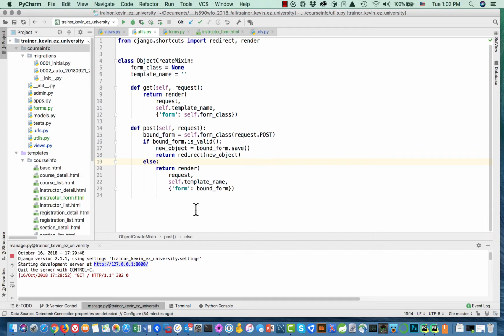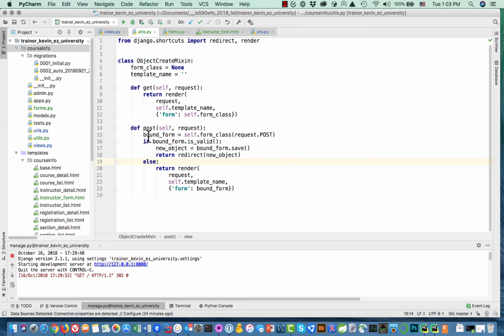Okay, so when we render the form with the template, we're not only going to be sending back the values that we got sent in order to populate the page, we're also going to be sending back the errors and or warnings that came from the processing of that form. Okay,